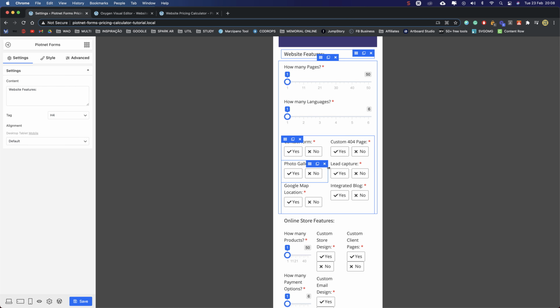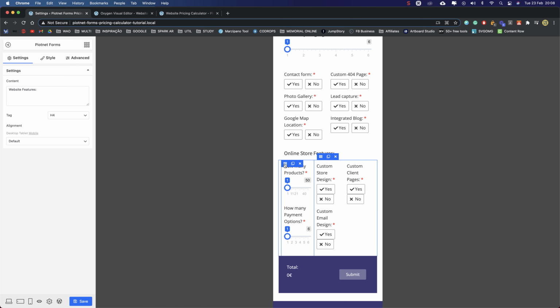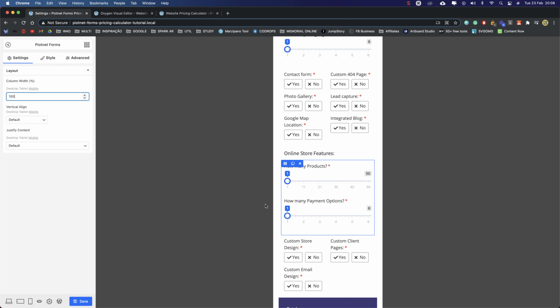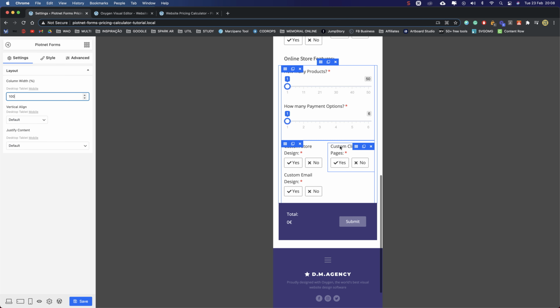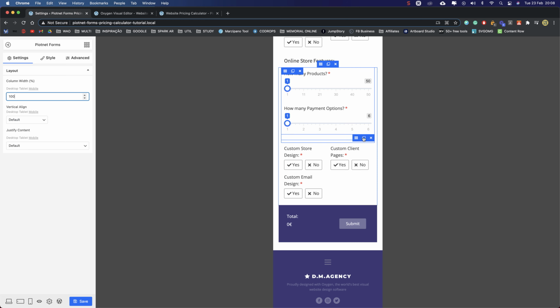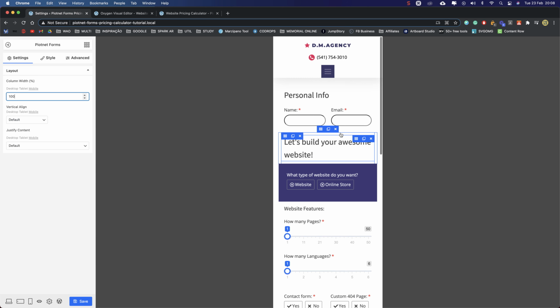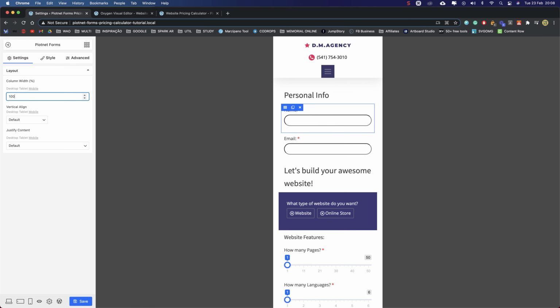You can do it if you want. Let's put this 100. Okay. So far so good. Everything is looking fine on mobile. Maybe these fields can be 100 as well. And that's it.